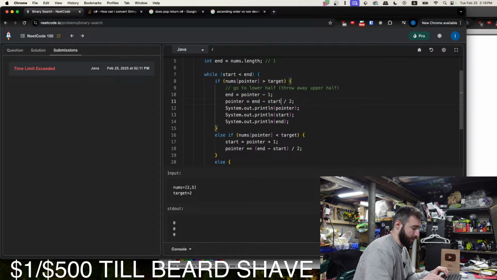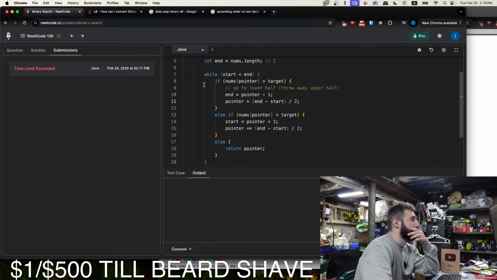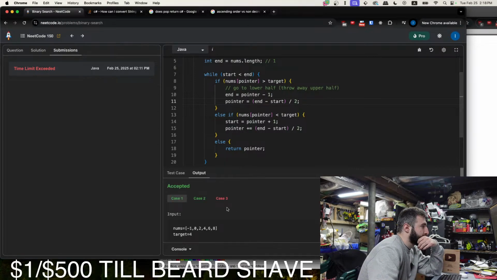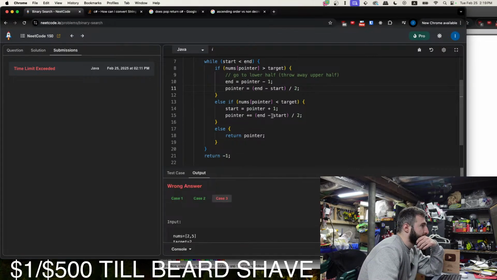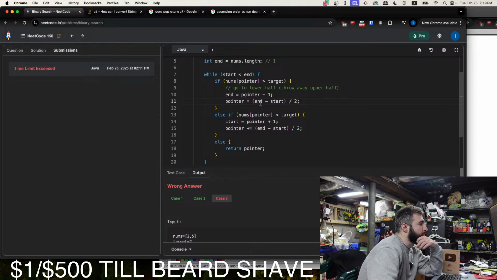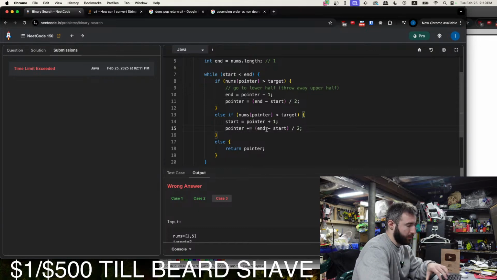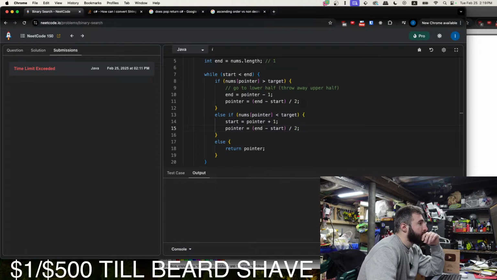Interesting. All right, pointer equals n minus start over 2. That's the middle. Start equals pointer plus, just pointer equals.